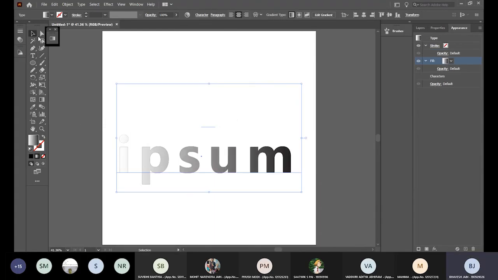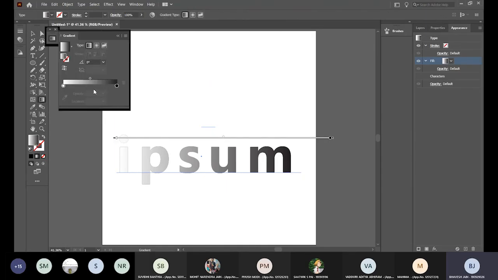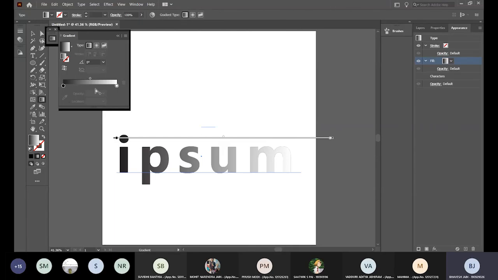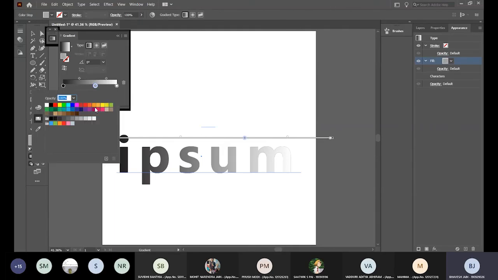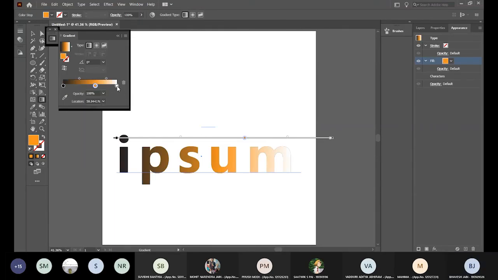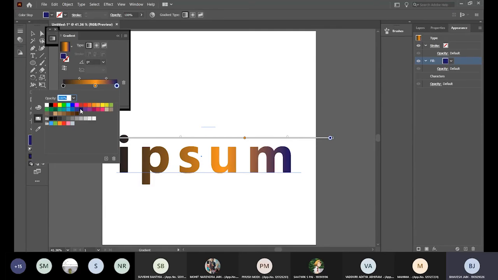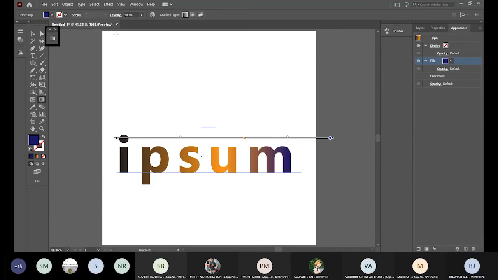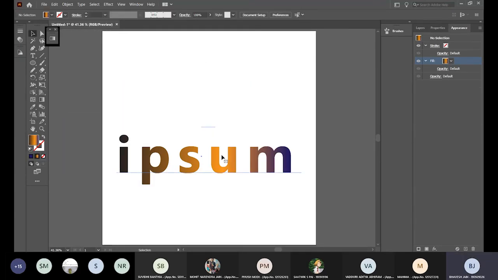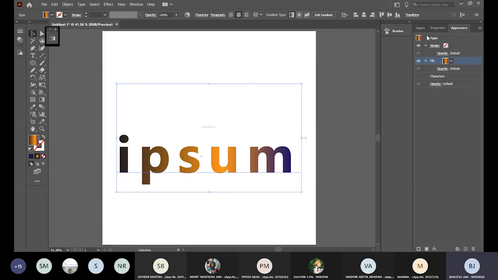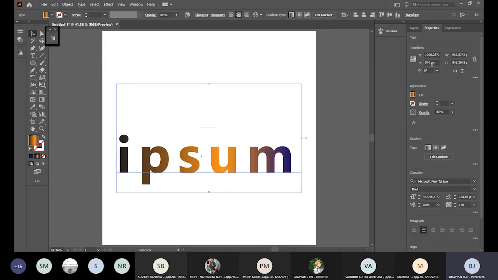And vice versa. If I want to alter the gradient, I can do that as well. Go to gradient tool, flip the gradient around, add a new color in between. वो भी हो जाएगा. Change any of the existing colors, even that can be done. So yeah, that is it. But this appearance panel, you need to be very careful. As you see here,